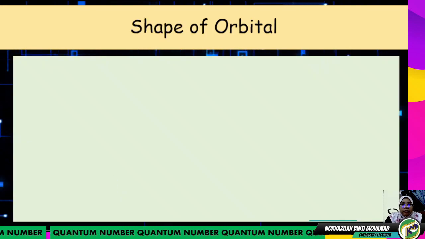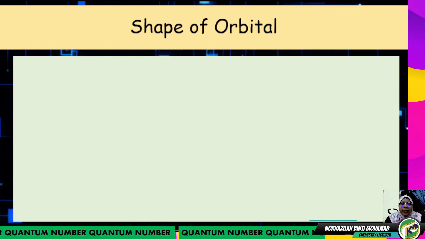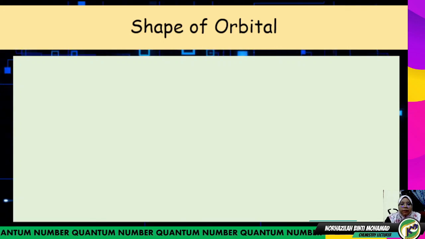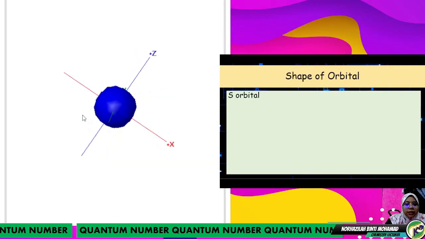Then we go to the shape of orbital. I have explained earlier, you have s orbital, p orbital and f orbital. In this video, I will explain only the shape of s orbital, p orbital and d orbital. So for s orbital,